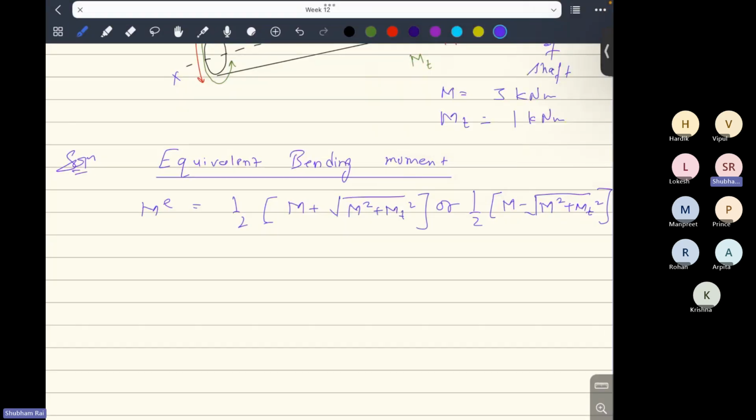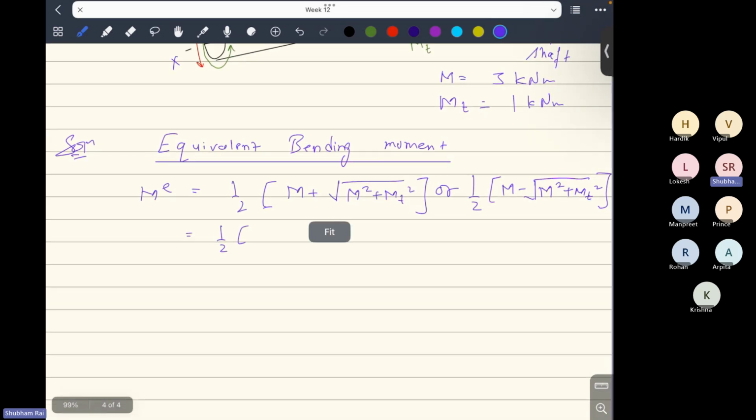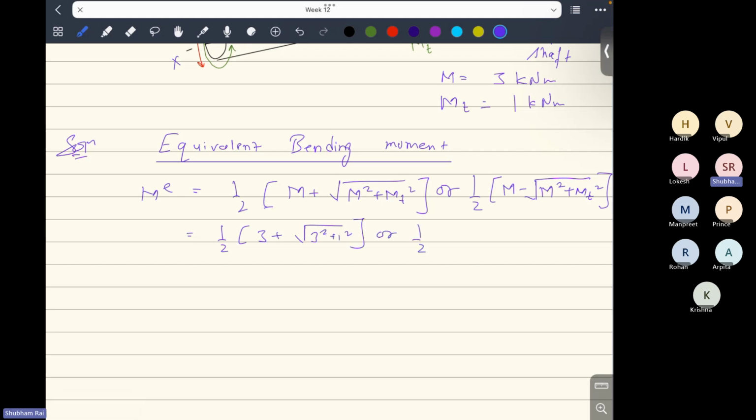So now if I just calculate, M is 3 and MT is 1, so it will be 3 plus square root of 3 square plus 1 square, or 3 minus square root of 3 square plus 1 square. So finally here you either get,